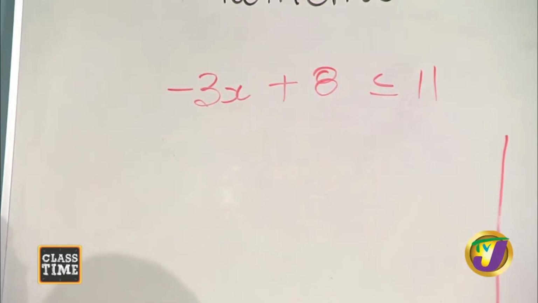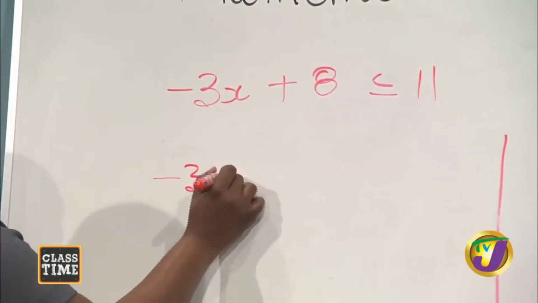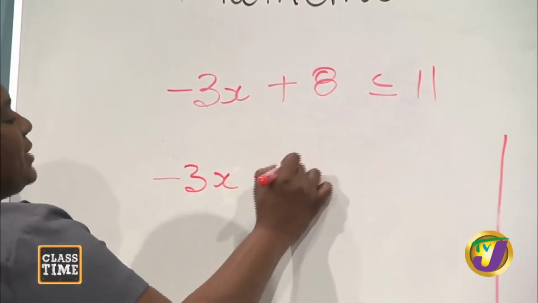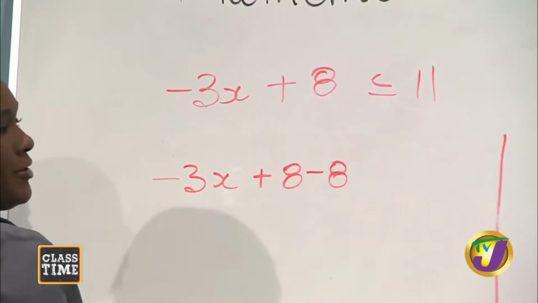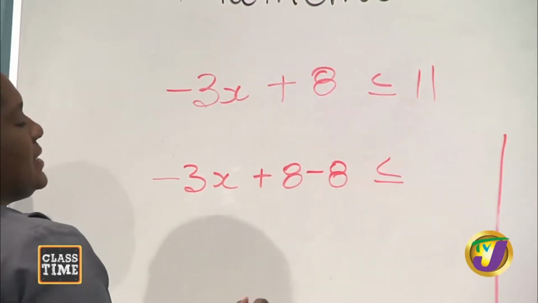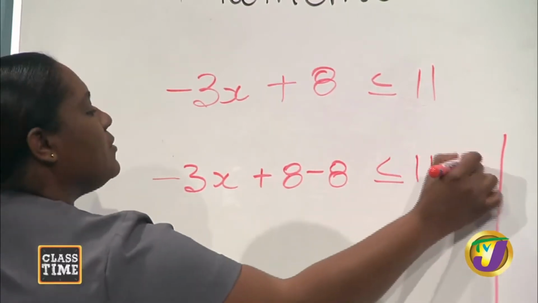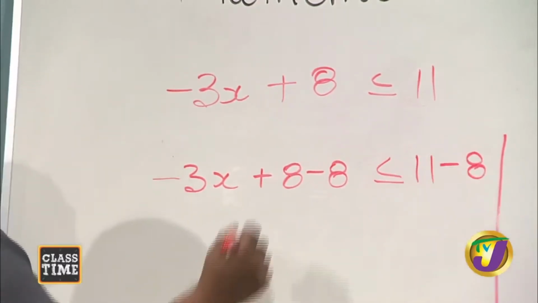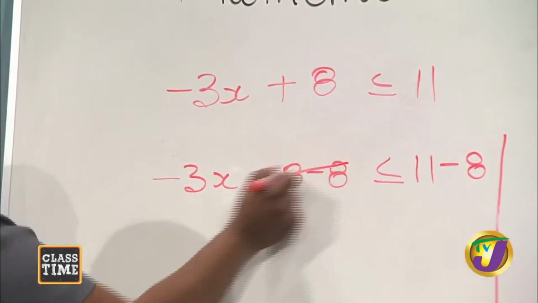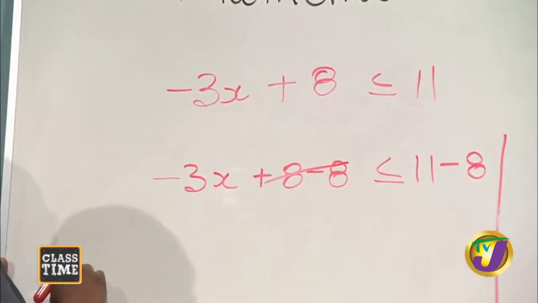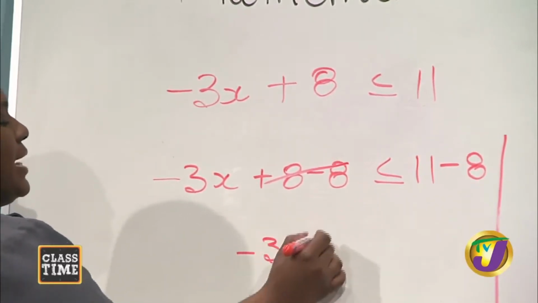All right, so let's move into solving. So it's negative 3x added to 8 is less than or equal to 11. We want to transpose, so we are going to be doing the inverse operation. And we are also maintaining the balance. So we also subtract 8 from the right hand side, because we did subtract 8 from the left hand side. Good. Okay. So now we are left with negative 3x